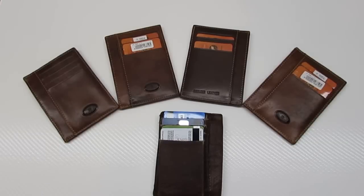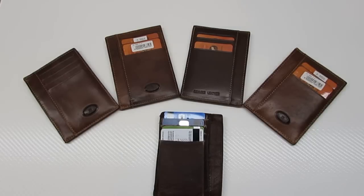All right, with today's review, I'm really excited to bring you what I consider to be the greatest wallet ever designed and produced. And I know that those are very strong words, but bear with me for a little bit. I want to give you a little background on this wallet and explain why I think it's the best ever